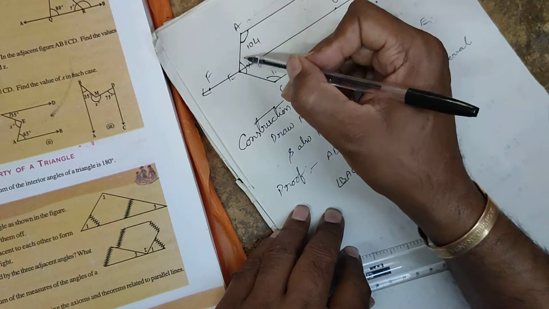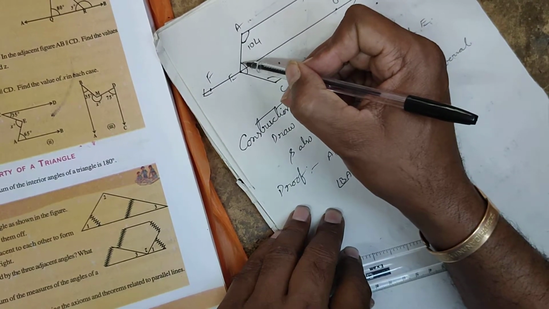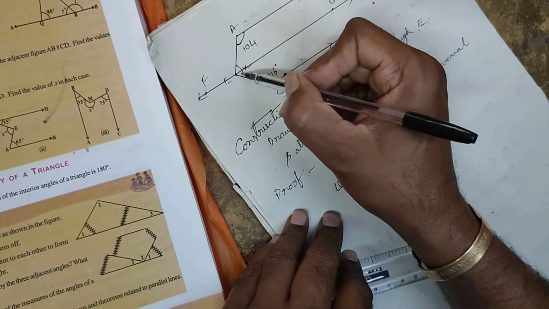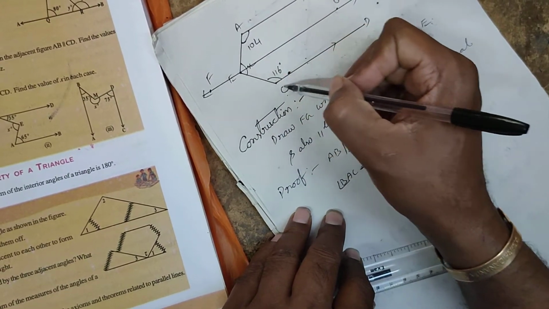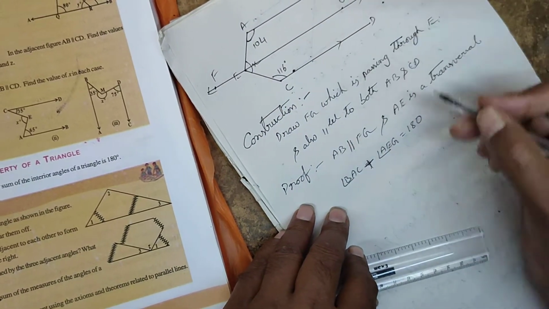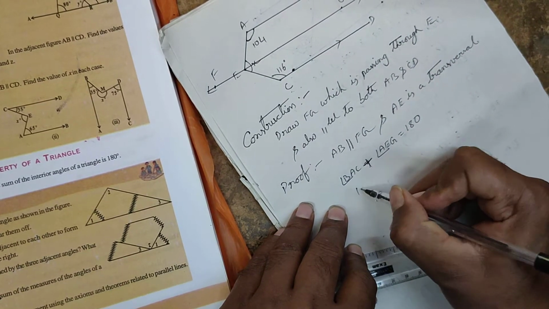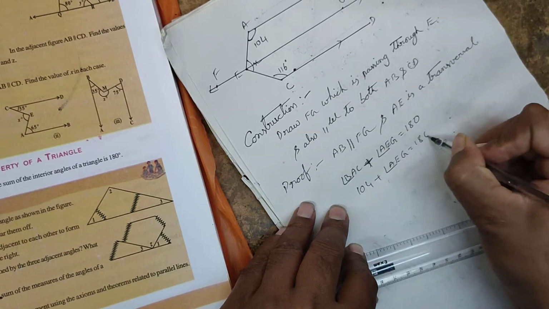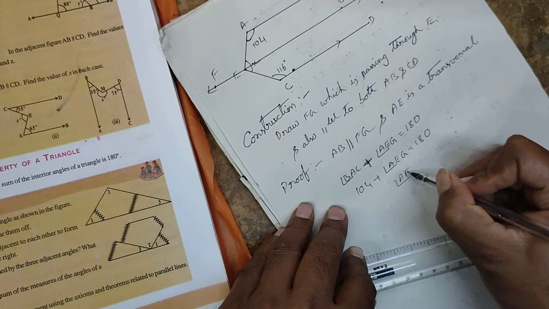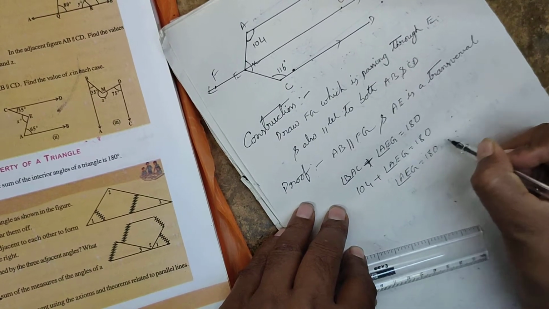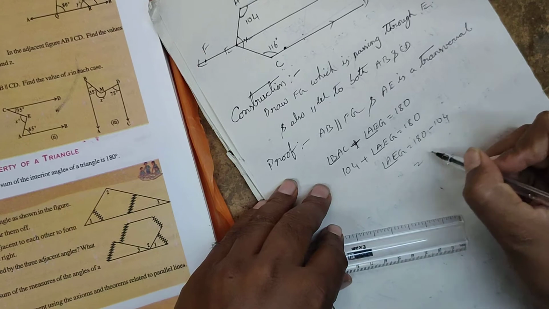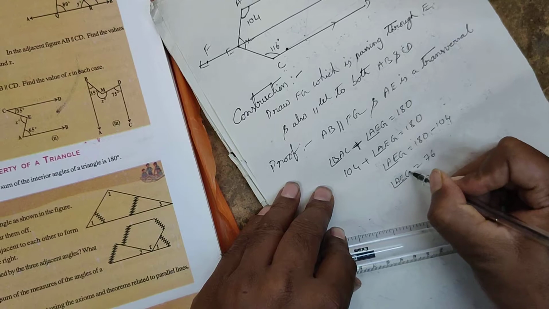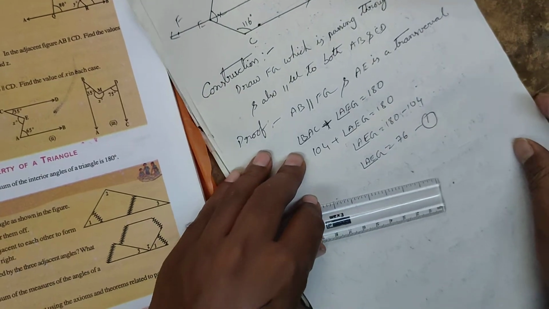So you see this angle is part of this x. Part of x means AEG only, not entire x. So AEG you can't write as x. X means total angle AEC is x. Now I am taking AEG only. So in place of BAE I can write 104. AEG I don't know, is equal to 180 degrees. If I make AEG the subject, 180 minus 104, you are getting 76. So angle AEG, how much you got here? 76. Keep it as equation number 1.